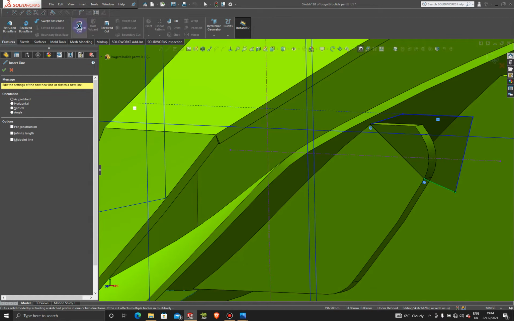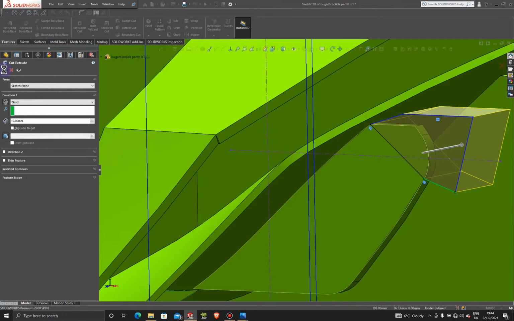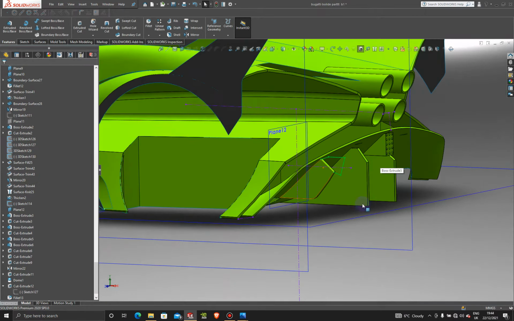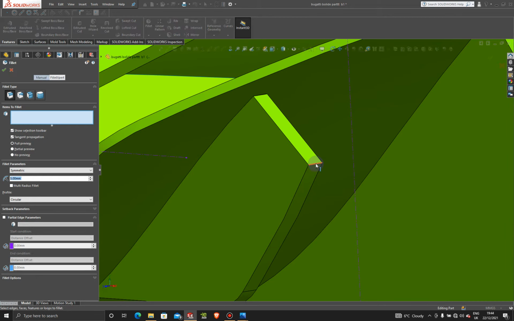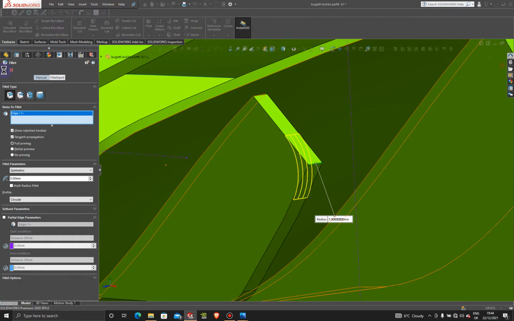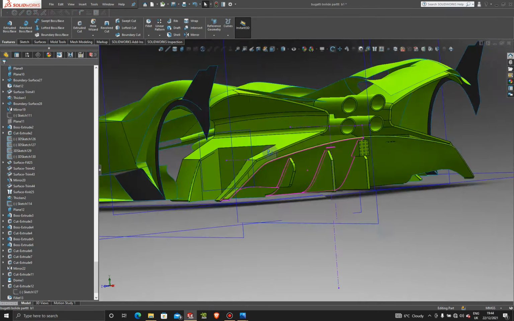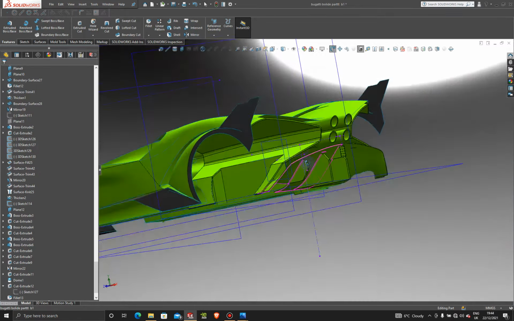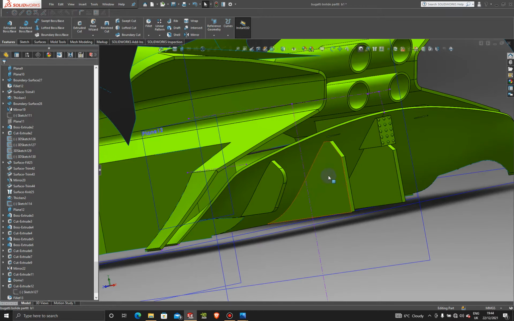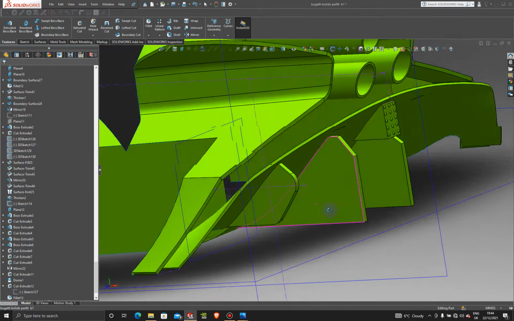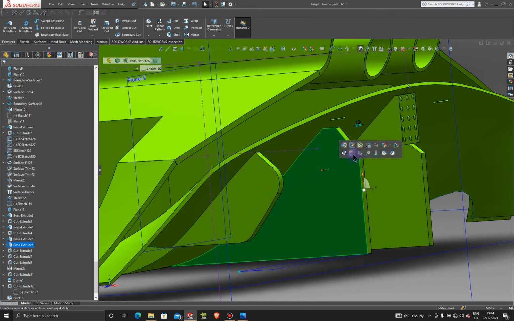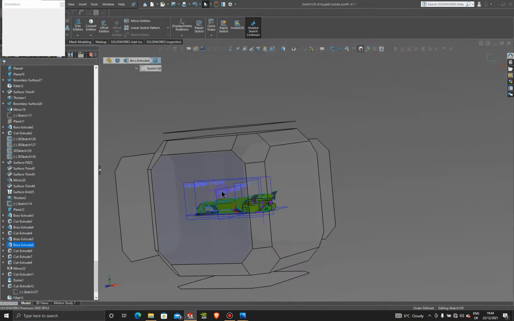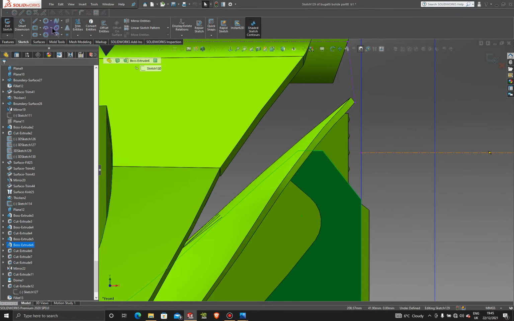So let's go to features now and do our cut extrude, and cut that piece out from there. Then we're going to add a fillet on that corner over here, and let's have a look at that one. Okay, that's a lot better now, looks a lot better. The same thing we're going to do on this side as well. The first cut I'm going to make is going to be from this point to this point here. So let's make a sketch on this face, jump into this side view here, and grab a line,